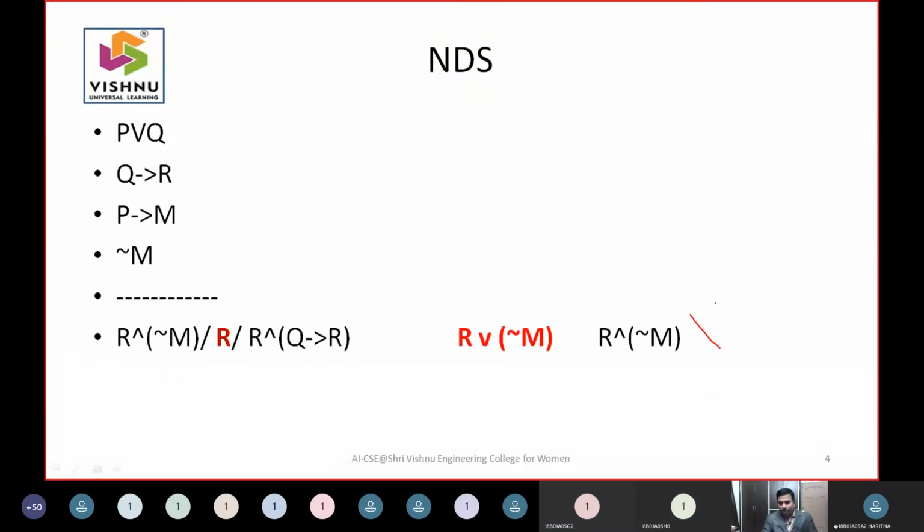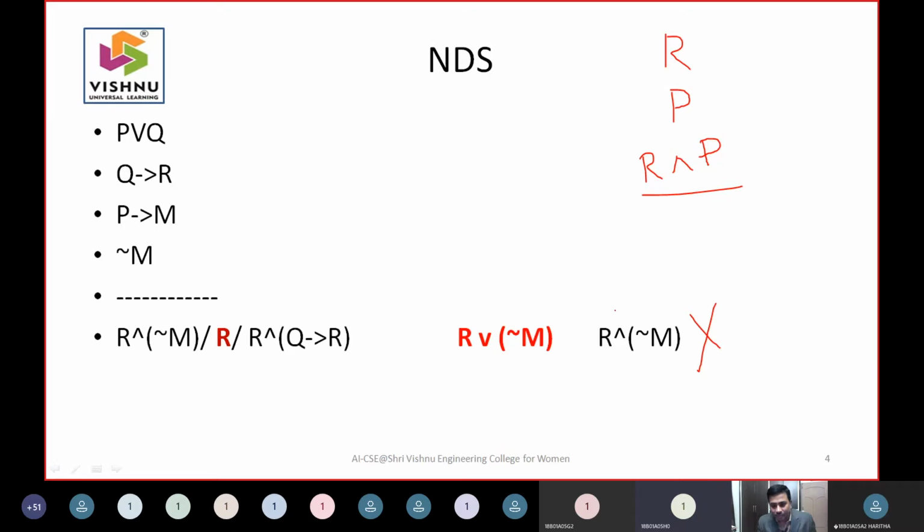This is not valid. The reason is you have a statement called R. You have a statement called P. Can I use R or can I use and? R, sir. R or and? So what I said is wrong actually.